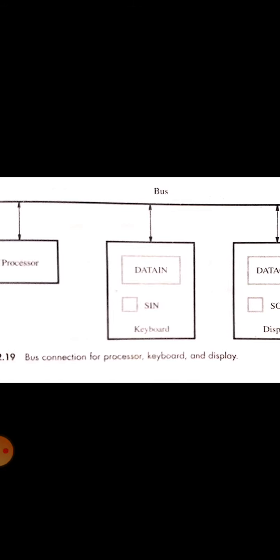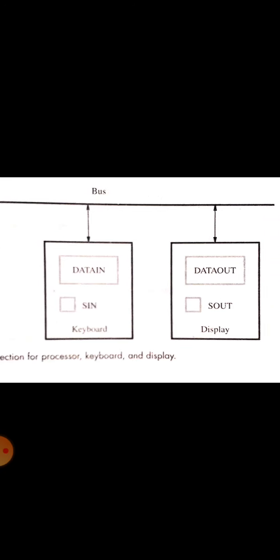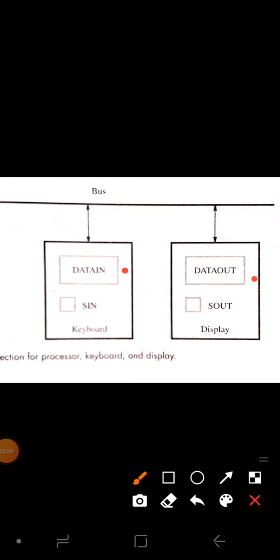Whenever the character is pressed, it is given through the keyboard, stored in the processor, and again from the processor it is given to the output, that is, your display. Now we will be using two registers, data in and data out, which tell whether we have input data or output data. Data in is a buffer register which is used to store the character we have struck. We will be using one status flag here. That status flag is SIN.